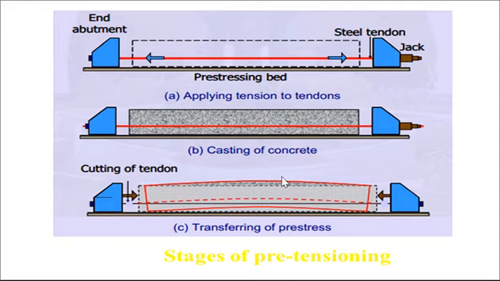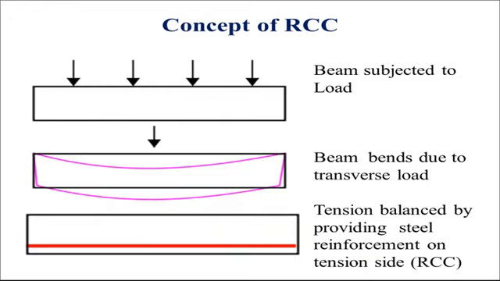And when external load is applied, the beam bends like this, and that's why this will be counteracted or counterbalanced. Now, when we consider the RCC, what happens in RCC? This is the beam. When load is applied, the beam bends, and due to bending, compressive stresses are developed at the top and tensile stresses are developed at the bottom. As concrete is weak in tension, steel bar is embedded in the bottom side, so this steel sustains the tension, and the concrete above will take the compressive stresses. This is the simple concept of the